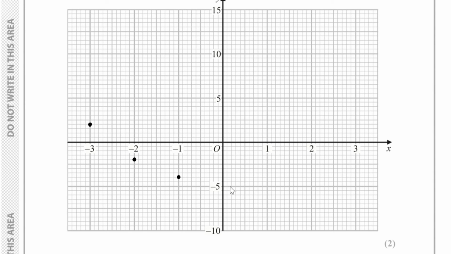Then when x is 0, y is -4. Then when x is 1, y is -2. That's here. Then when x is 2, y is 2. So 2 goes here. And when x is 3, y is 8. So 8 is over here. So now let's go and join these up with a straight line, rather a smooth curve. We have here our graph of y equals x squared plus x